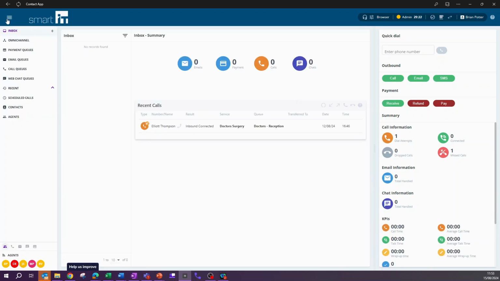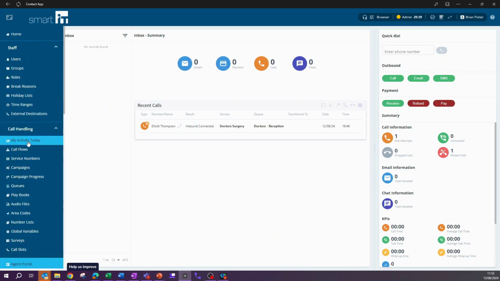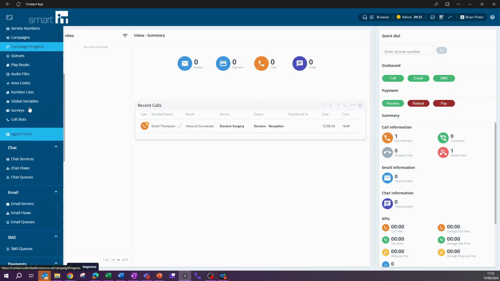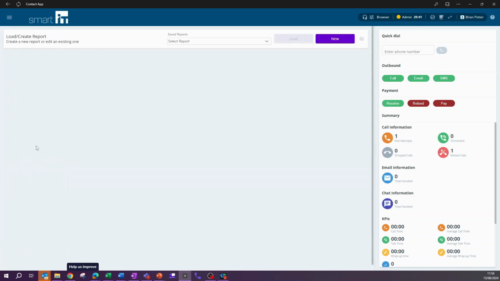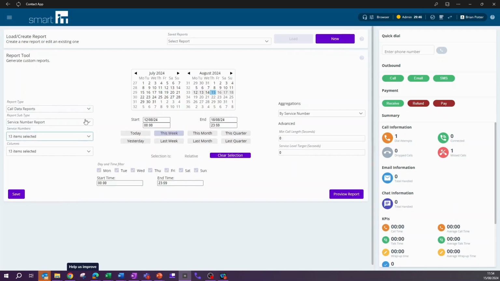Okay, so the other things that I'd like to cover off are wallboards and reports. So when I go into the menu of Brian, he's actually an administrator as well as a supervisor, so he's able to access lots of different parts of the platform. The ones we're looking at just now are the reports and wallboards, as you can see here. So when I go into the reports, I then can create new report. When I click new, and I just use these simple filters here in order to find the type of report